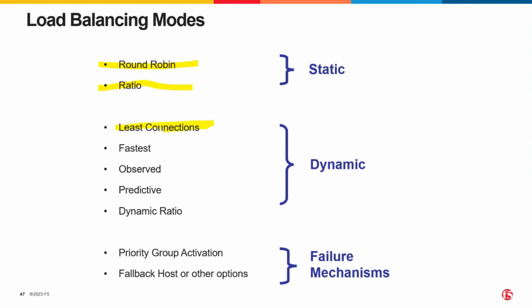This takes into account active open TCP connections to the backend server. So if I have a server that has the lowest number of active TCP connections opened from the BigIP perspective for a particular service, this backend server will be selected by this load balancing algorithm. So this one chooses the backend server that has the lowest number of active connections open from BigIP perspective, of course. Fastest means that I'm trying